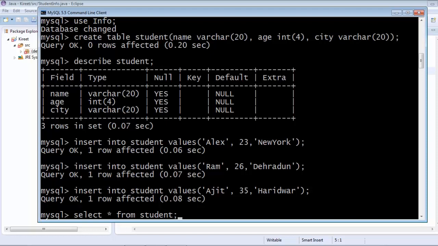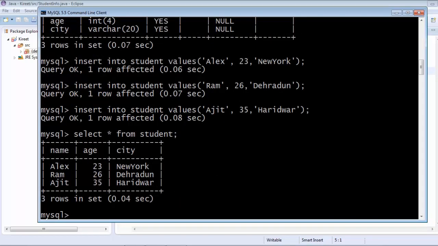There are 3 rows in the table, so for all these 3 rows all the values will be reflected. For each attribute, name, age and city, for row 1, row 2 and row 3 will be reflected.